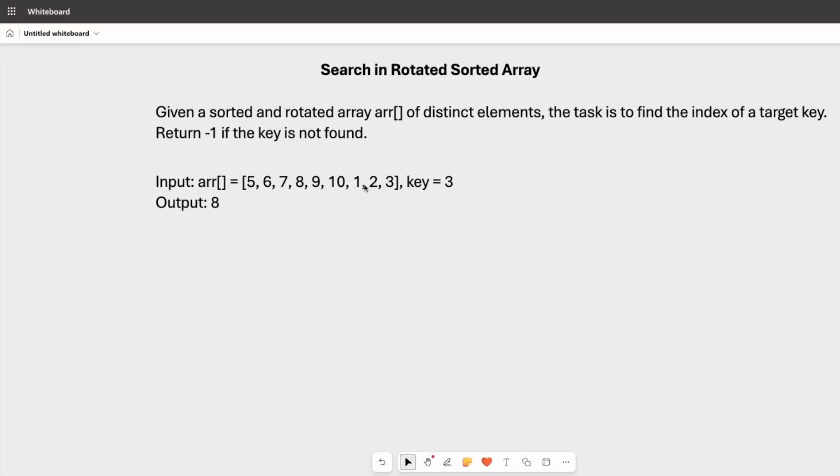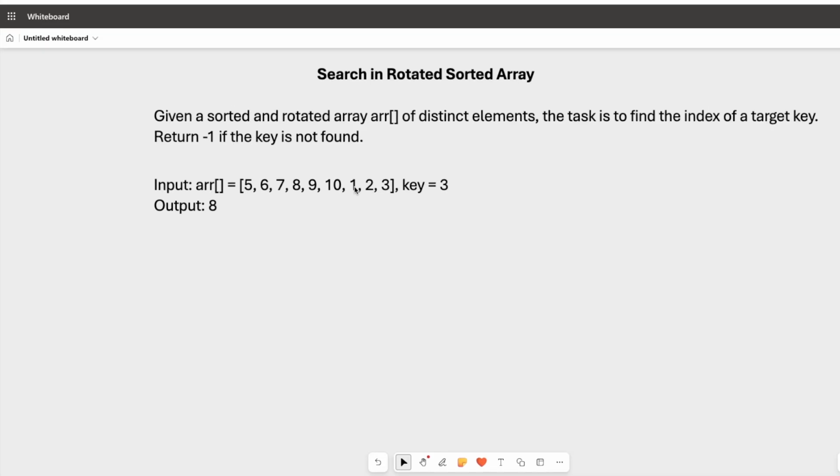So all we need to do is find this particular element, the point of rotation, and then we can apply binary search on these two individual sorted arrays, right? And see, I don't even need to apply binary search twice, on both the sorted arrays individually. What I can do is I can just have a little condition over here that